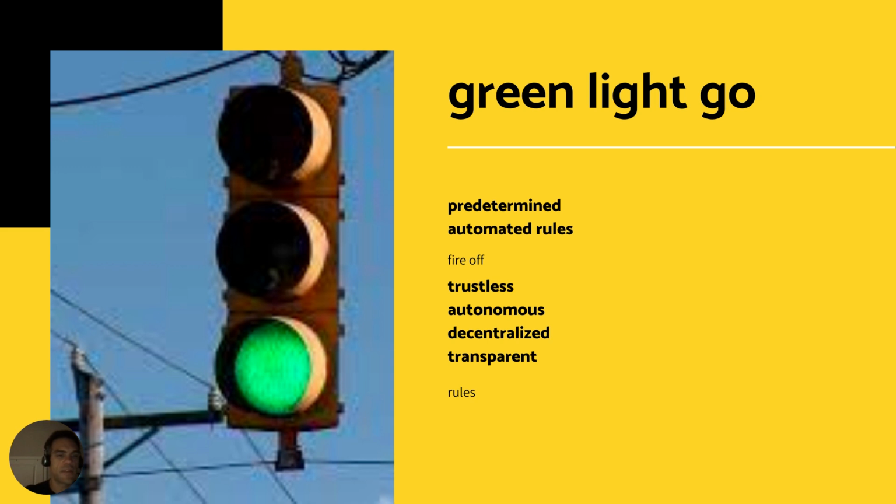That could be a scenario where a smart contract comes into play, right? That's an automated, trustless, decentralized, and completely transparent system and use case because, believe it or not, there's actually